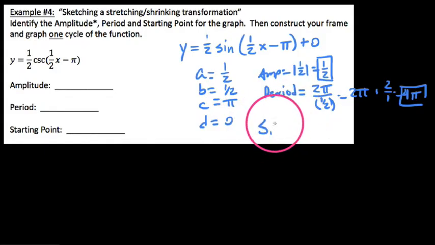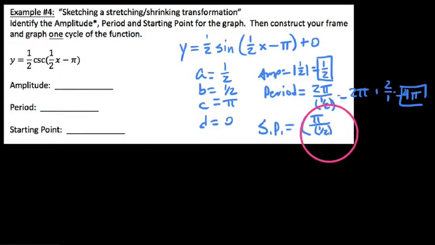And then we just need the starting point. Remember, we did actually translate in this particular example. So we have c over b. So we have c as our pi value here over b, and this b value is a half. And then comma d. At least we have a, d is 0. So we're going to say pi divided by a half, same thing as pi times 2. So we get 2 pi,